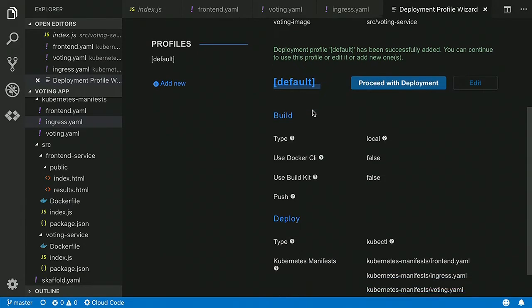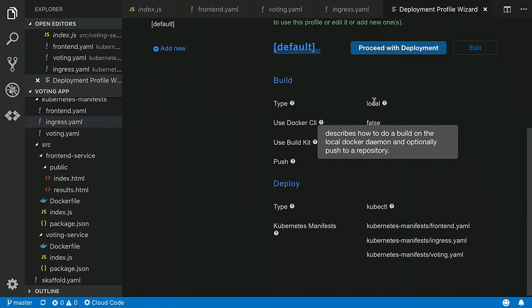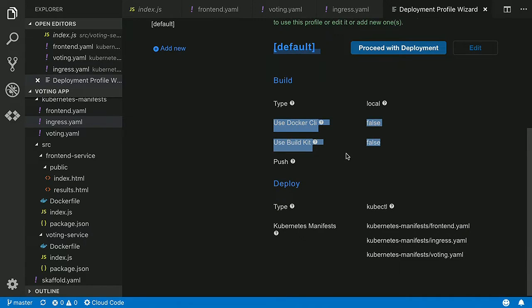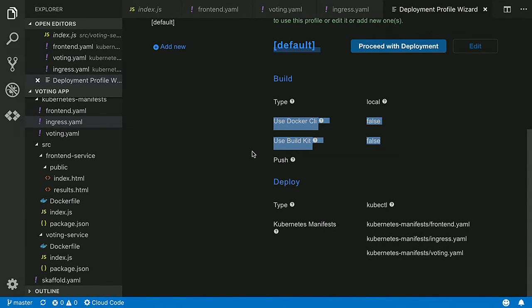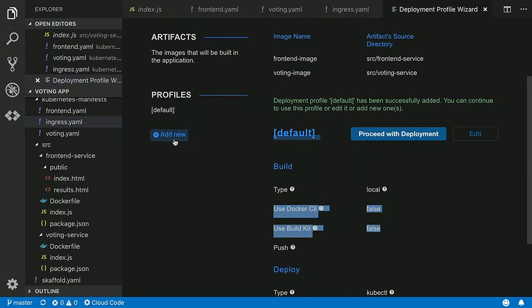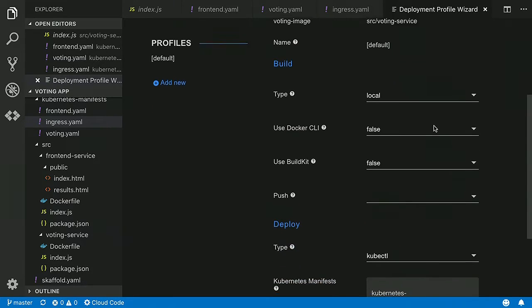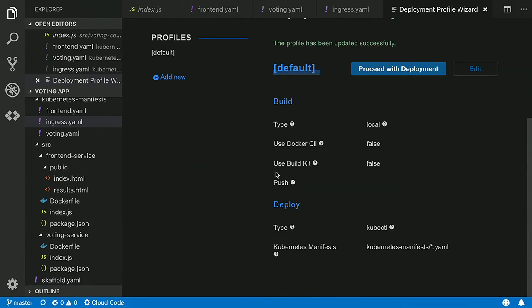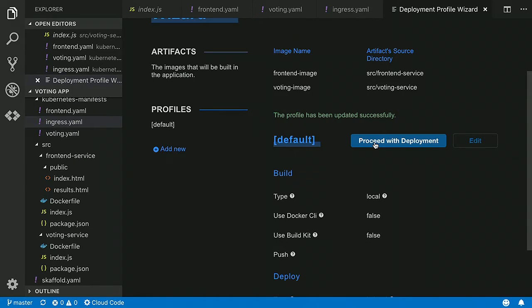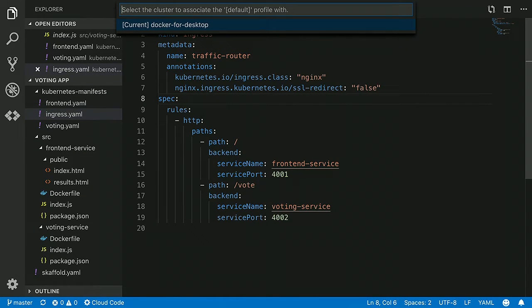So the default profile here is configured to use the Docker Engine APIs to build this application. And this behavior can be fine-tuned with the properties available here. And the default profile is configured to use kubectl to deploy this application. We can add more profiles as we need using the Add New option here, or we can use the Edit button here to edit the profile. So I'll go ahead and edit it. Instead of hard-coding all the file paths, I'll use a wildcard, so we don't have to worry when new files are added or existing files are removed from this folder. So now I'll proceed with the deployment,